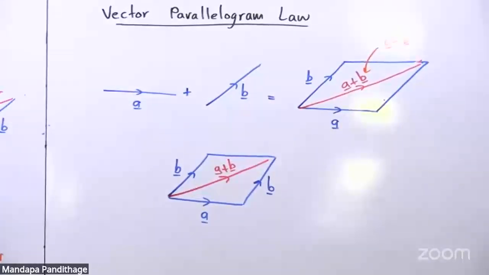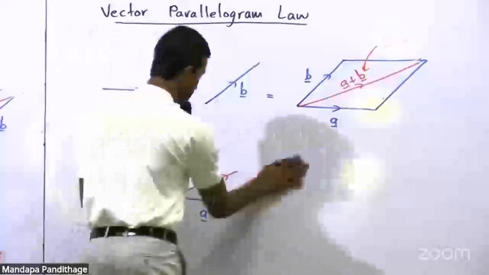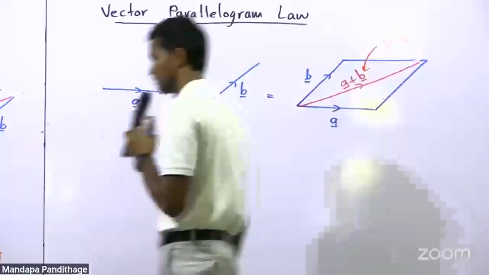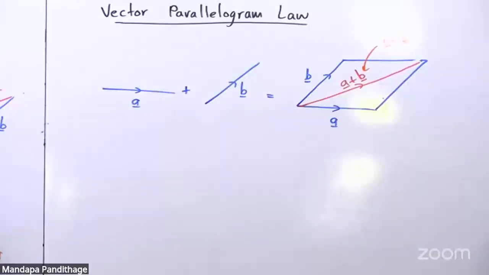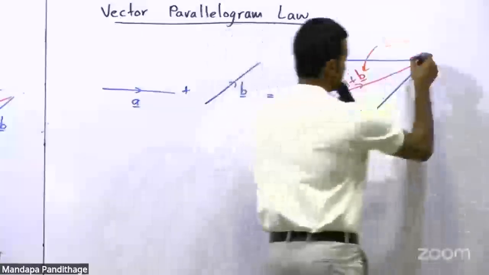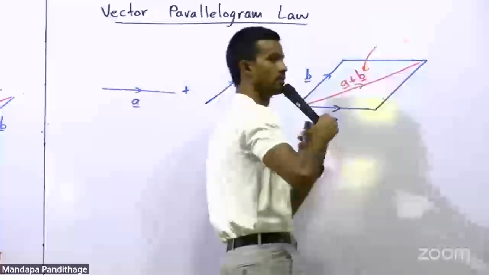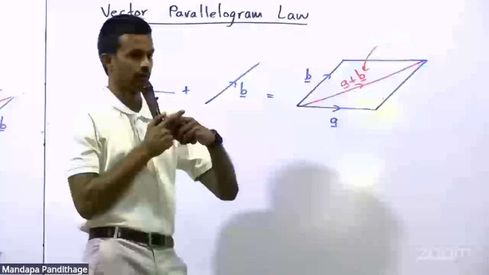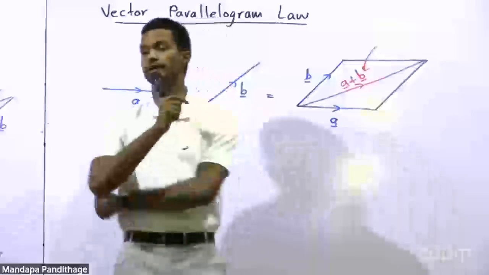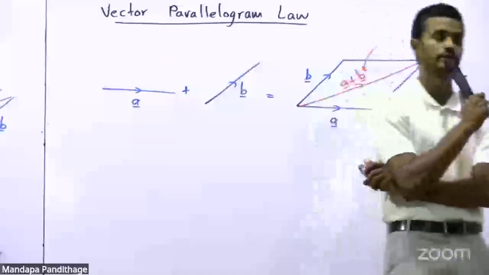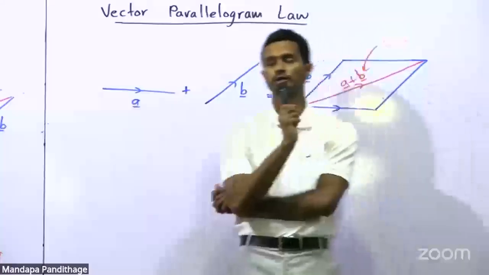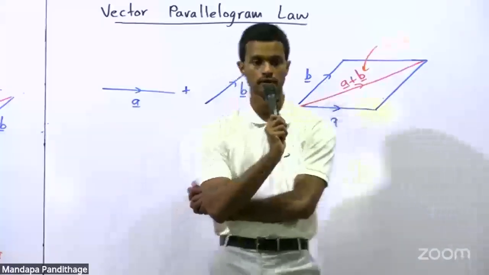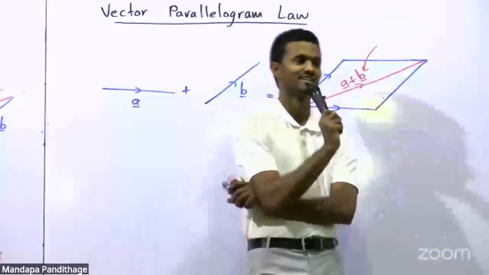When two vectors are denoted by the adjacent sides of a parallelogram, the addition vector of the two vectors is denoted by